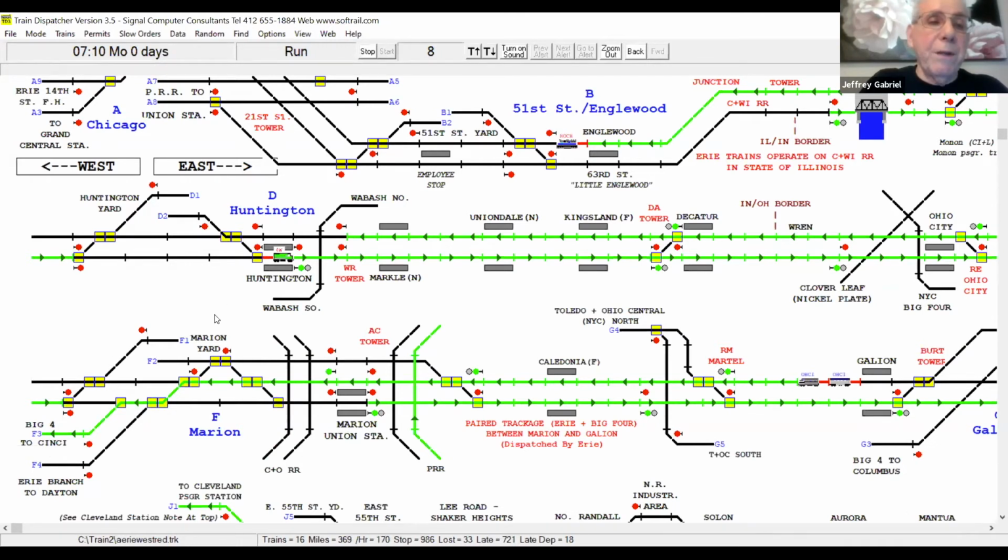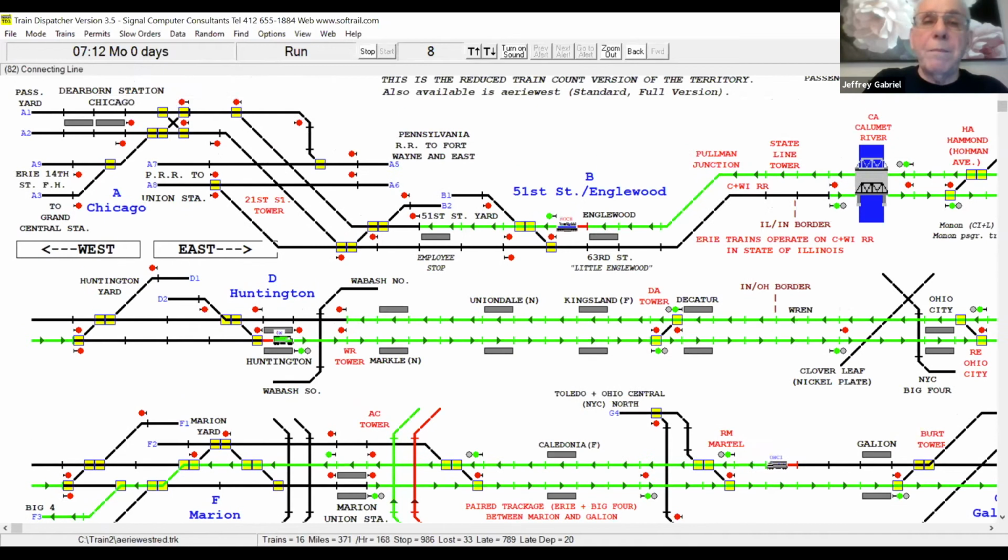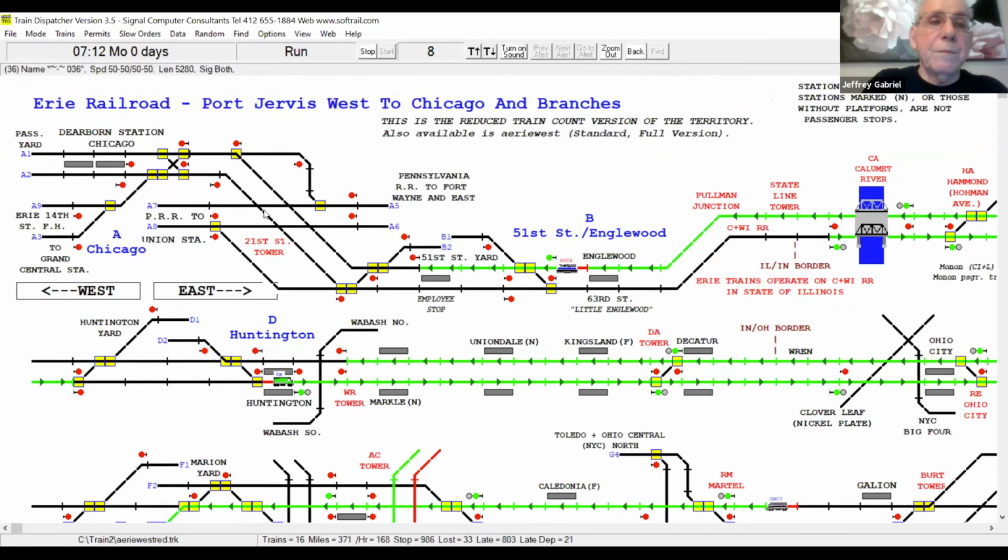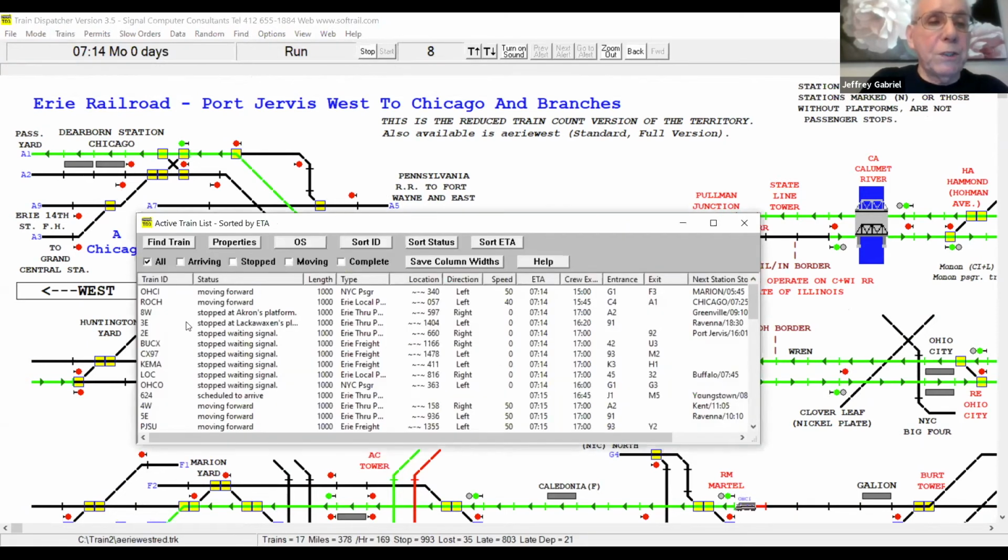So that's pretty good. Meantime, I notice up here, my Rochester commuter train is kind of stuck. He made his Englewood Station stop. He's ready to go on to Dearborn Station. So we'll clear him. I'm going to clear him into Chicago, Dearborn Station. All right, let's do about 2 or 3 more, and then we'll stop for questions.